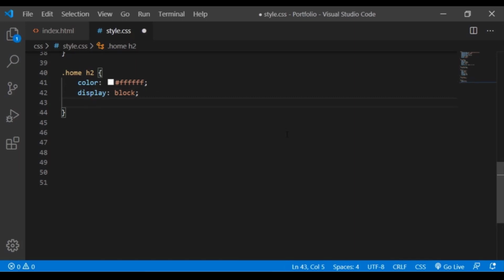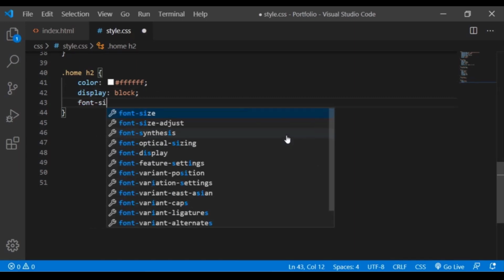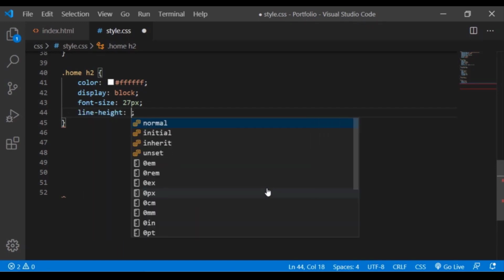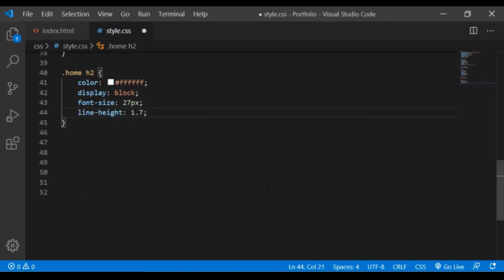Set its font size to 27 pixels. Set its line height to 1.7. Now we will target the span tag and make its text color white.